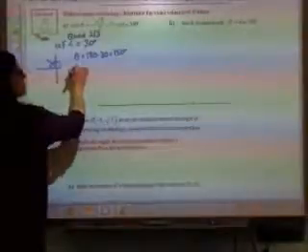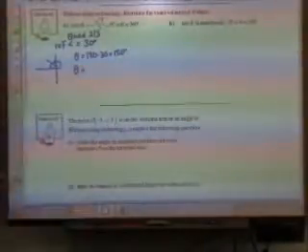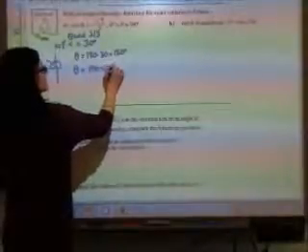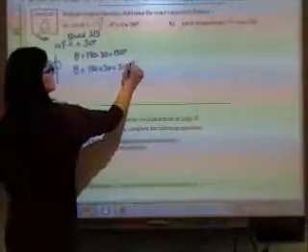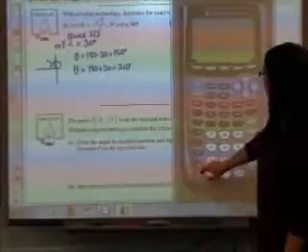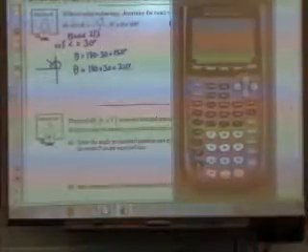What do I do in quadrant 3? Add the 30, and I would get... So if I was to use my calculator right now,